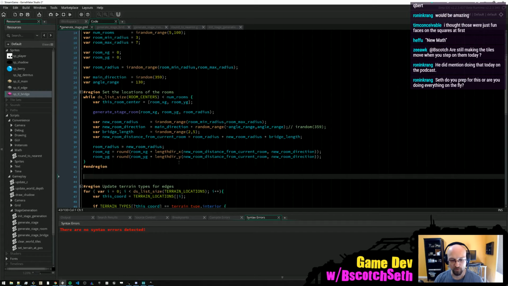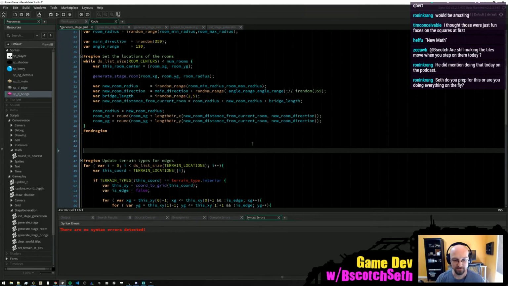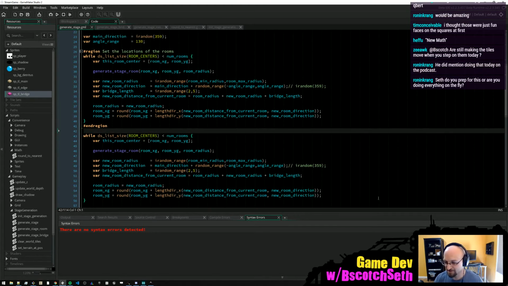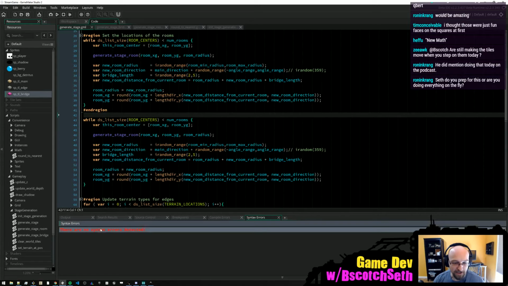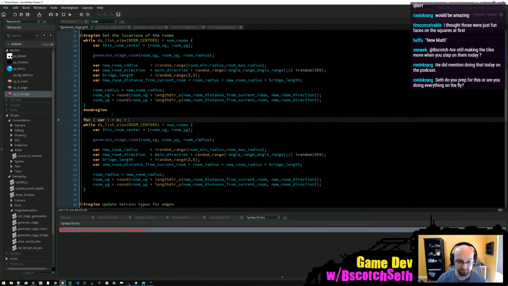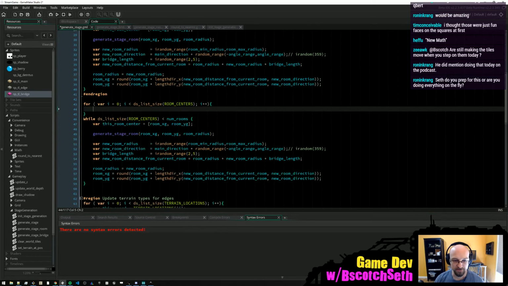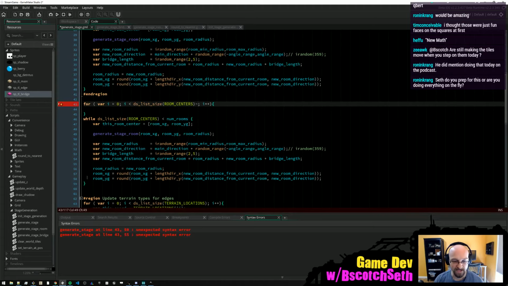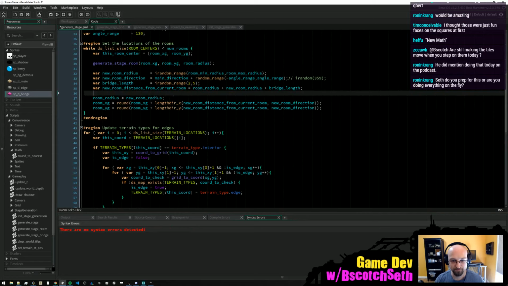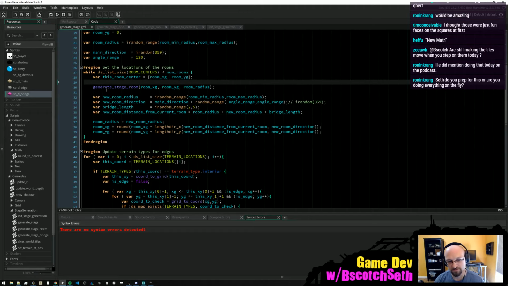Actually, I think we can not even worry about this, and we can just iterate over the room centers themselves. Oops. All right. I accidentally hit my share X hotkey. Iterate over the room centers, and we are going to... Actually, now, yeah, let's do this in the room generation here. So here we know where the new room position is. The old...